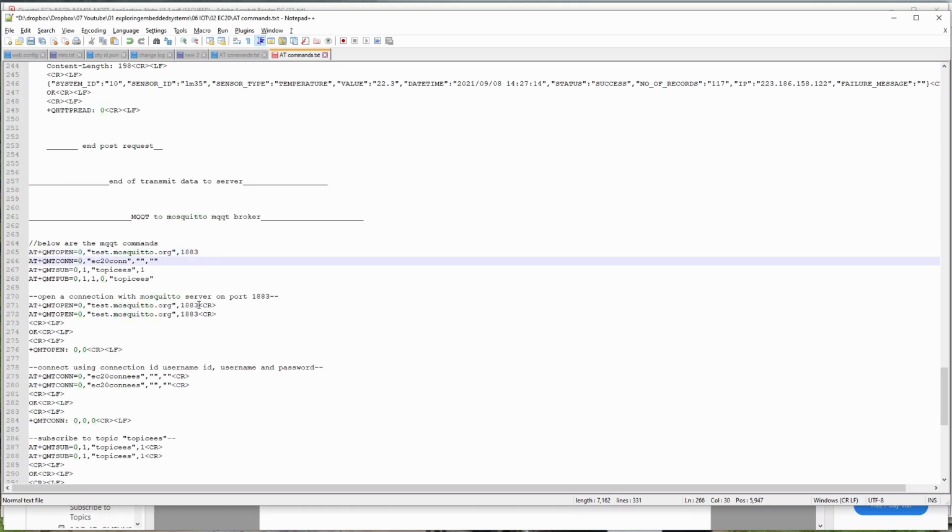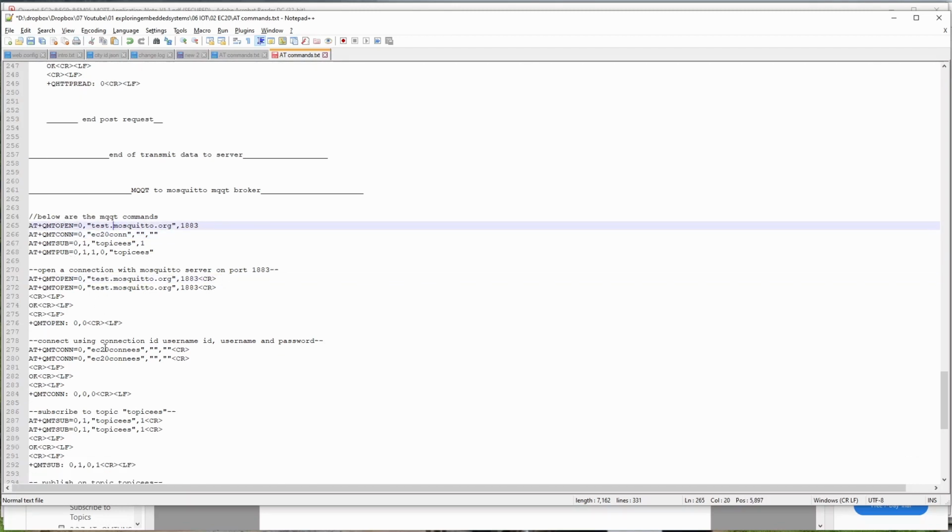Then to open the connection, below are all the commands, 4 commands that you need. Once you have opened the connection, you are still in the modem, you have not sent anything. After that, you have to use the credentials. So this is the connection string. As I told you, this connection string is unique. It should be unique. EC20 con